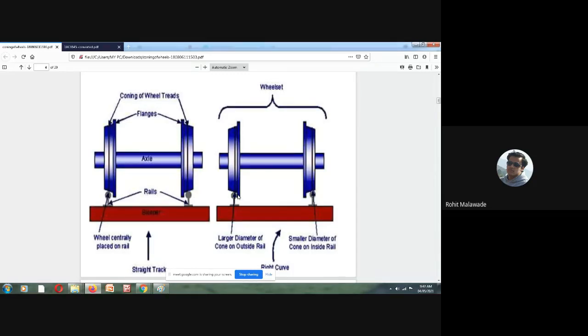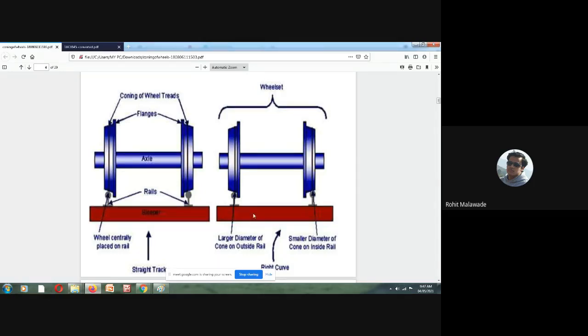Now, there is another disadvantage due to the centrifugal force: the horizontal component tends to turn the rail out, and the gauge is going to have a widening tendency. Since, due to the centrifugal force, the wheel tries to come outside, it is going to try to move outside. So what is going to happen? There will be the possibility of gauge widening, since there is pressure on this particular wheel and there is friction. This flange tries to move the gauge outside. So there is a possibility of gauge changes whenever there are curves.